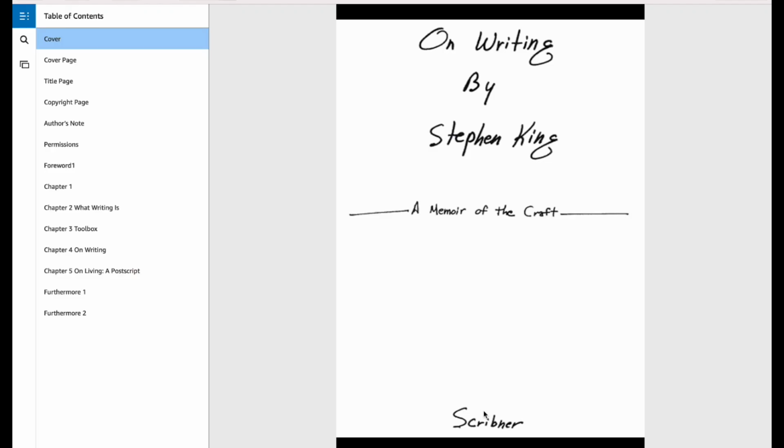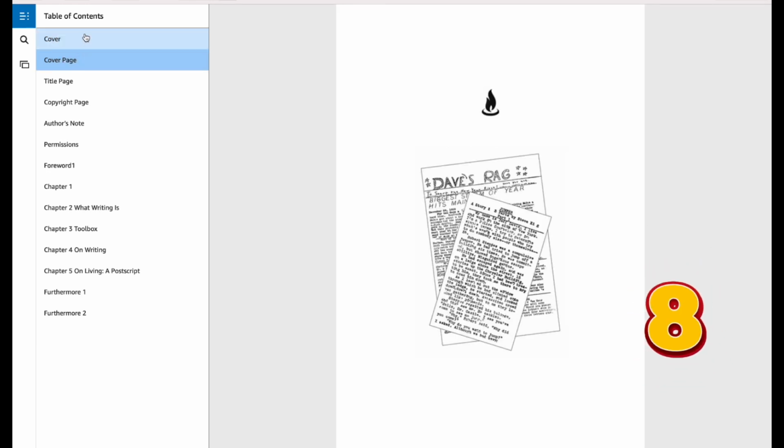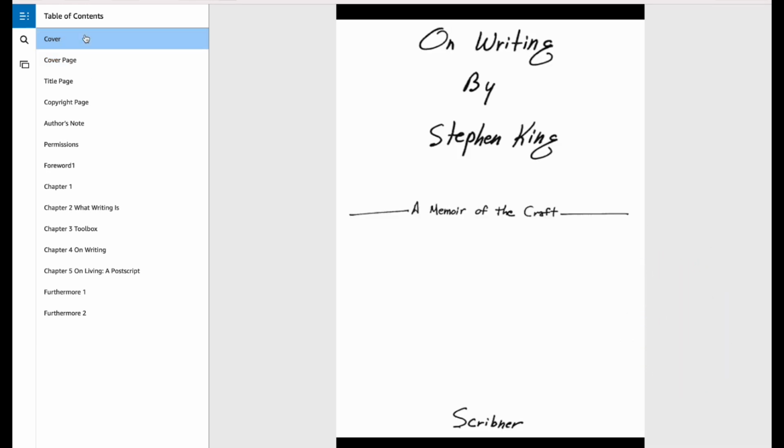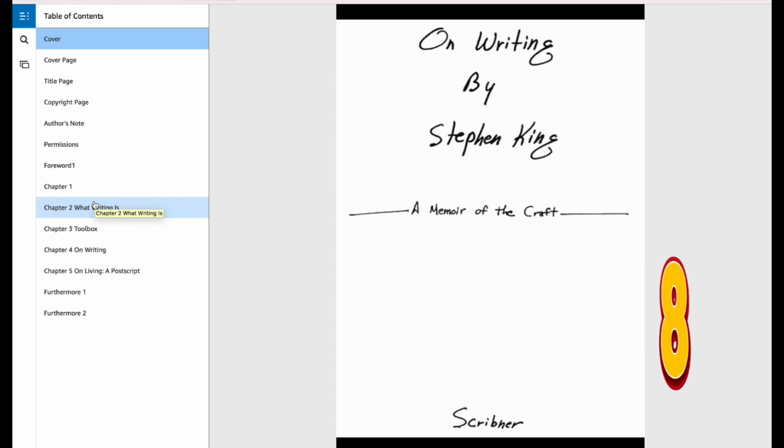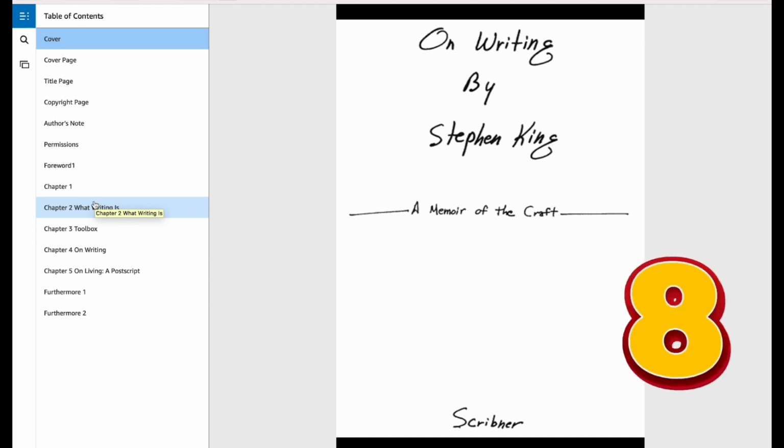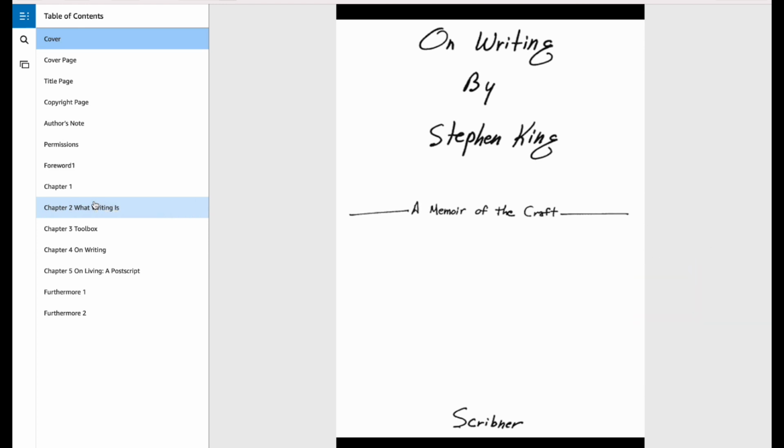And then there's Stephen King on writing. Again, I'm looking at this from my Kindle, and I've had this book for a long time. I believe the cover is different. Let me go to cover page. Yeah, it's different than what it is online. I'm not sure if they updated it or what, but this book is great. It's a real quick read too, but it gives you information that you need to be encouraged as a writer. Like one of the things he said in here, and I'm paraphrasing, but if you ever sold a book, you're a writer. It was just a lot of things that he said that at the point where I read this many years ago, I really needed to hear.